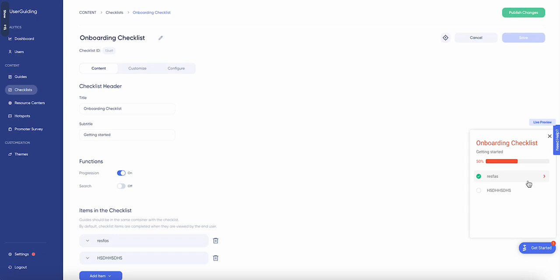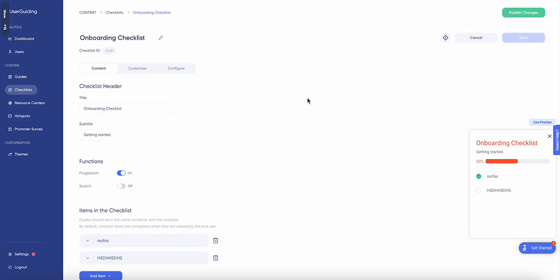But as we just covered, to create guides and hotspots, you are using user guiding Chrome extension, and you can also use it to edit your guides and hotspots in the future. But for all other content that you can create with user guiding, you will be using the panel to see the preview, and also set some settings for your content. So yeah, the checklist is among the options of content that you can create with user guiding,